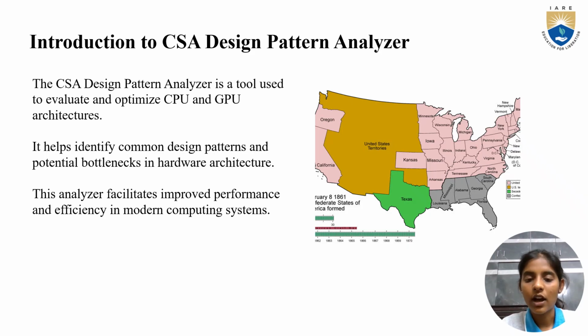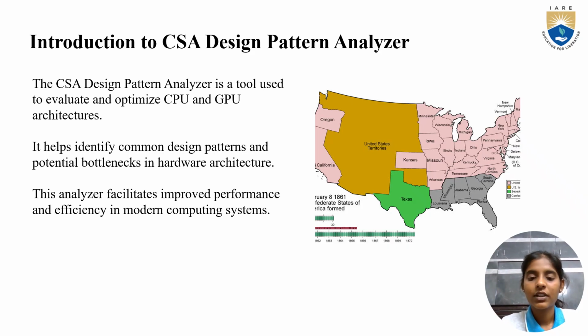Some of the key features are design pattern analysis, which analyzes the design patterns used in the communication system, including error correcting codes, modulation schemes, and channel coding. Performance evaluation evaluates the performance of the communication system, including metrics such as bit error rate, packet error rate, and throughput. Optimization provides recommendations for optimizing the design of the communication system, including suggestions for improving error correction, modulation, and